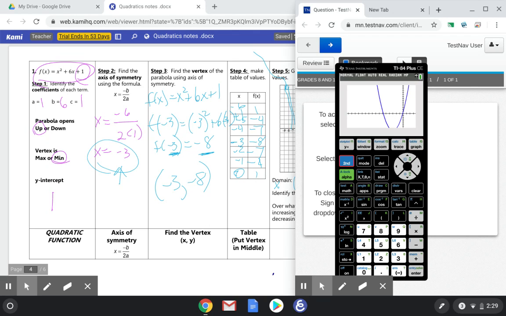If you hit second, trace or calculate, go down to 0, because remember, roots are the same thing as finding the zeros. So I'm going to scroll over until I am to the left of where this graph and the x-axis intersect. I'm going to hit enter, and then scroll to the right of where the graph and the x-axis intersect, and then hit enter again, and I get